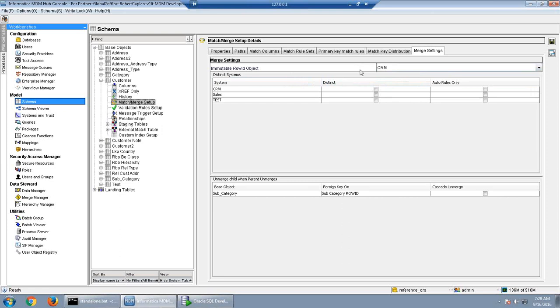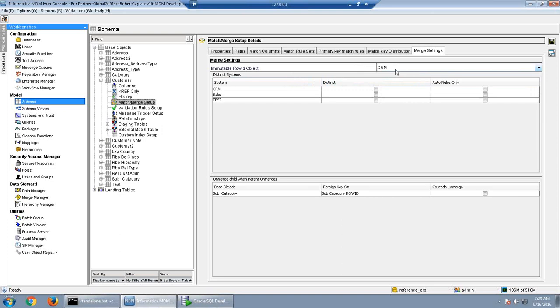In this case, what will happen is that whenever I do the load job, so see the setting I am doing at the match level, I am making CRM system an immutable system. Why do we have to make it like this? Because probably the CRM system has told me that all the records that they have are unique records. Means they are telling us that there is no duplicate record in their system.